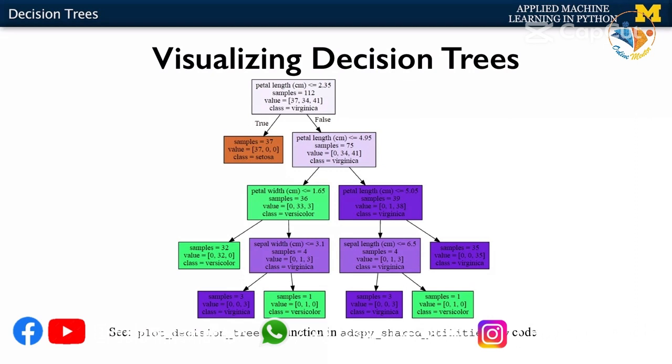node's data instances. For example, in the root node, the initial pool of data has 37 Sentosa examples, 34 versicolor examples, and 41 virginica examples. After the first split into subsets that have petal length less than or equal to 2.35 on the left, and those that have petal length greater than 2.35 on the right, we have a leaf node on the left that consists entirely of the 37 Sentosa examples, and a decision node on the right that has 34 versicolor and 41